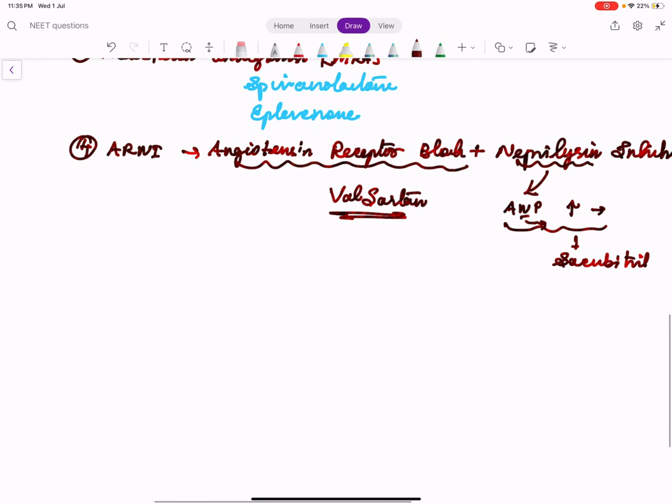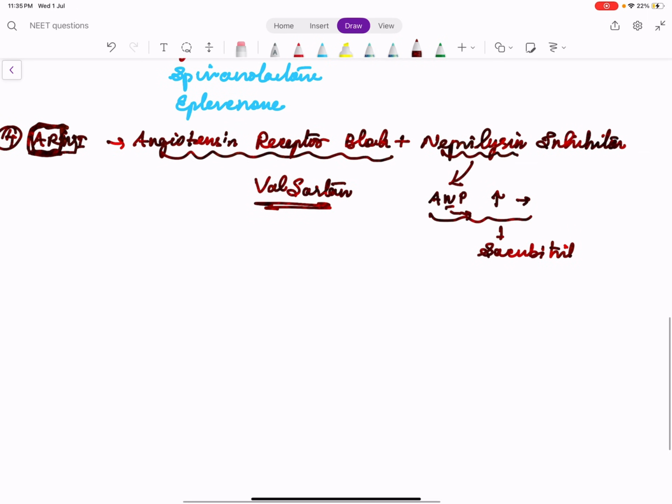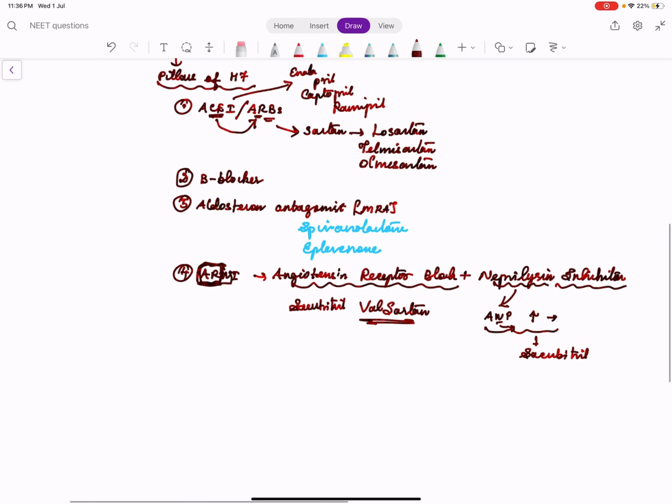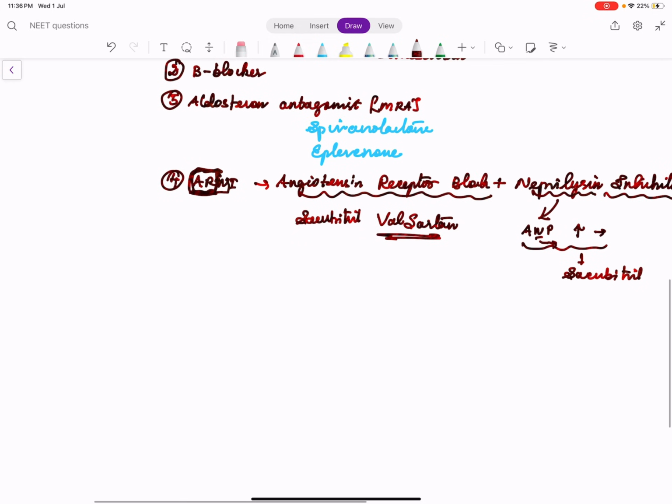So ARNI is nothing but a combination of two medicines. The angiotensin receptor blocker is doing good by blocking angiotensin 2, and the neprilysin inhibitor is another drug which is doing good to the body and blood pressure by reducing the degradation of atrial natriuretic peptide and increasing its level. Sacubitril valsartan is its name. This may be asked in pharmacology. Coming to the pillars: ACE inhibitors or ARBs, beta blockers, mineralocorticoid receptor antagonist, ARNI, and the fifth pillar is